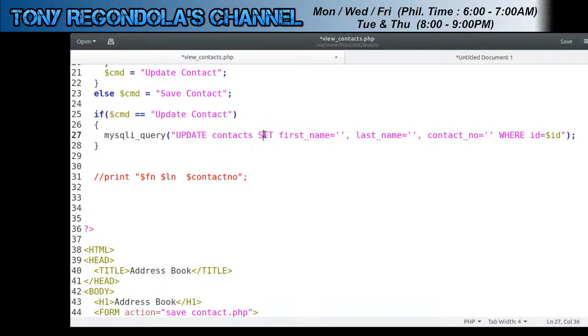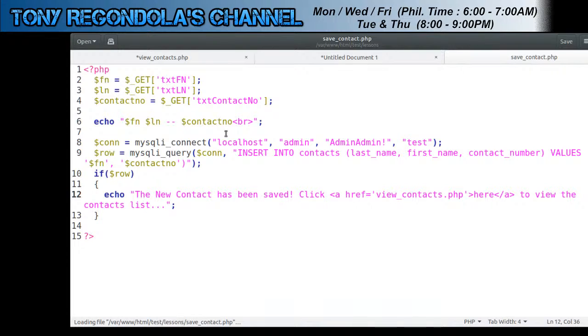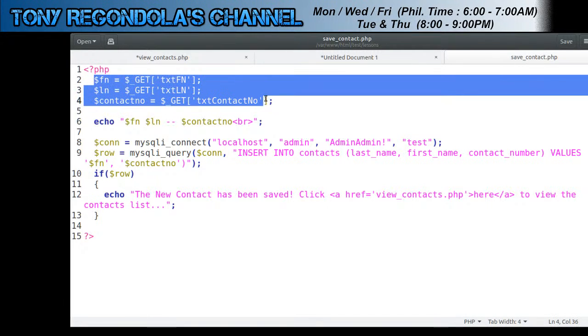So update contacts, set first name, whatever the value that we're going to pass here, the last name, and then the contact number, and where ID equals ID. But we are going to get the value. If you still remember, I will open the other source code. We have there last time the save contact. Okay, so as you can see from here, before we insert into contacts, because this is for adding new record, we should have to get also the values from